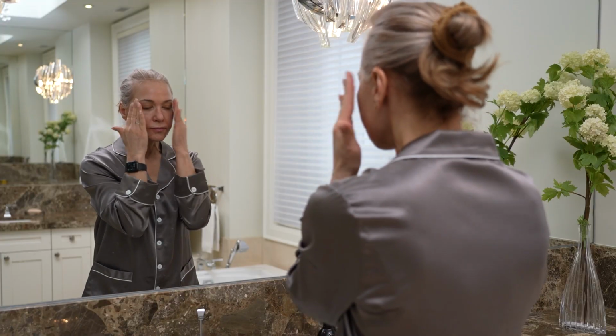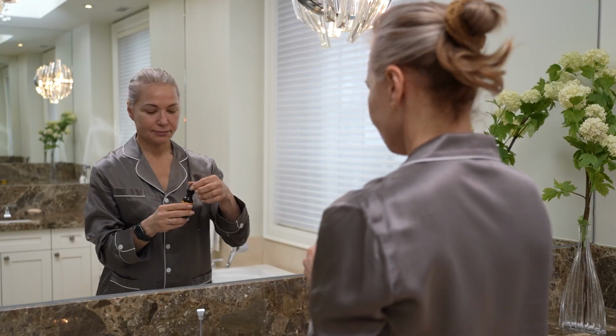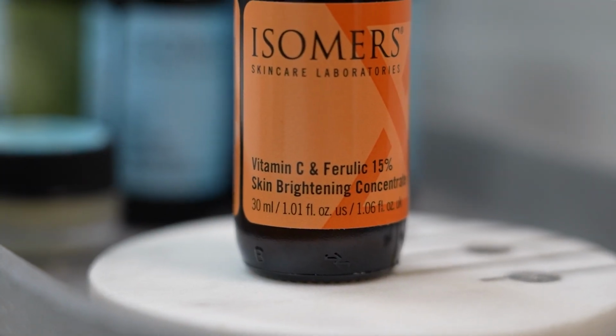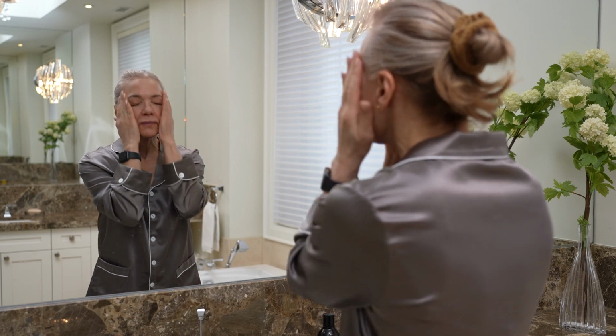I'm going to put on beta hydroxy, just a couple of drops. Then I'm going to follow up with the vitamin C and Ferulic. This is going to be my antioxidant. And I love this one